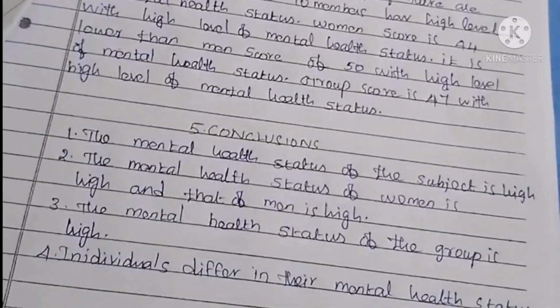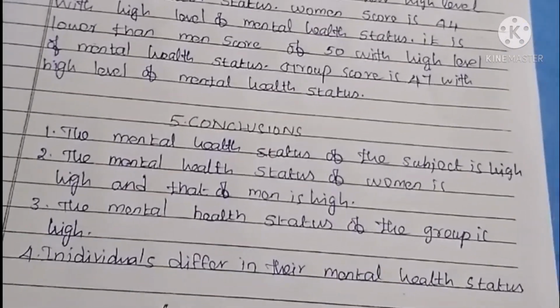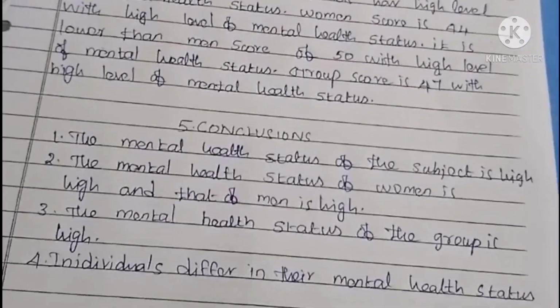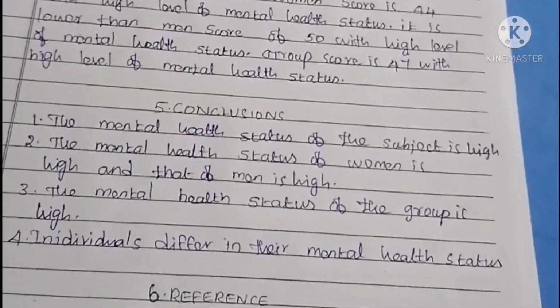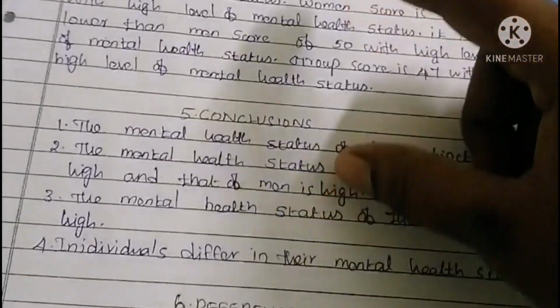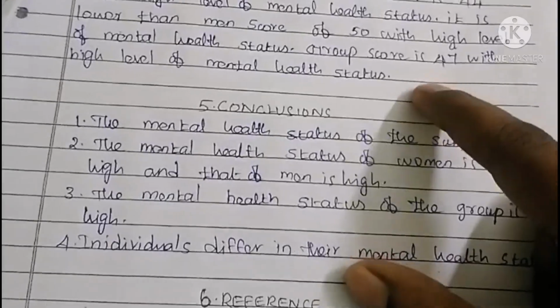In the discussion part, there are two parts. In the first part, you write the introduction, aim and Table 1 in one paragraph. Don't split it. In one paragraph, you cover all the things. Then in the second paragraph, compare the group data. Then the next one is the conclusion.